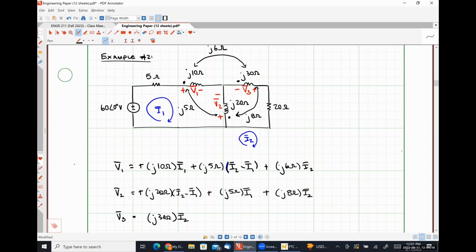So if V3 were positive polarity on the left and the current flows into the dot, we would have got positive. Because V3 is positive polarity on the undotted terminal and the current is flowing into the dotted terminal,